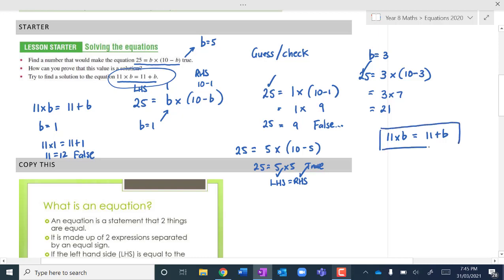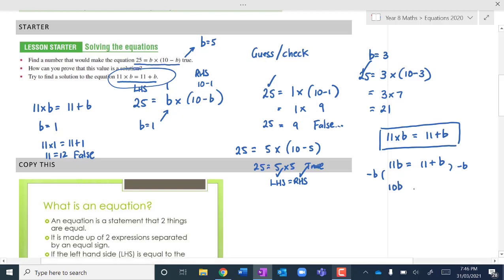Now, if 11 times b, we can write that in algebra as 11b. And on the right, we've got 11 plus b. If we want to get the b's on one side, I've got a b over here, and I want to get it to the other side, so I'm going to do what we call the inverse of adding b, and we're going to subtract b. If I subtract b from both sides, 11 take 1 is 10, and that would leave us with